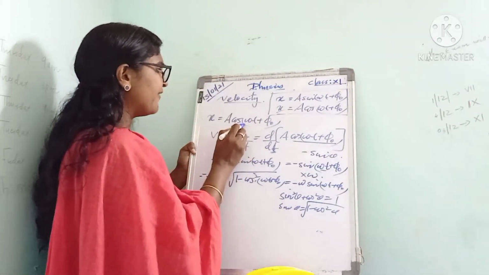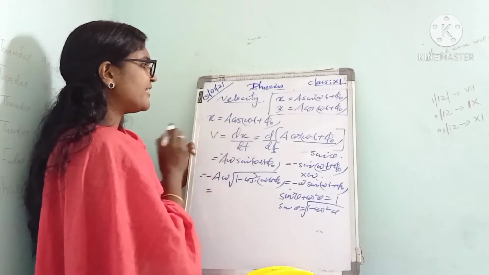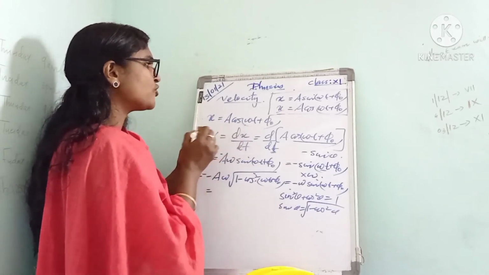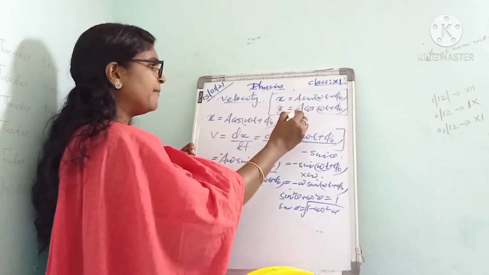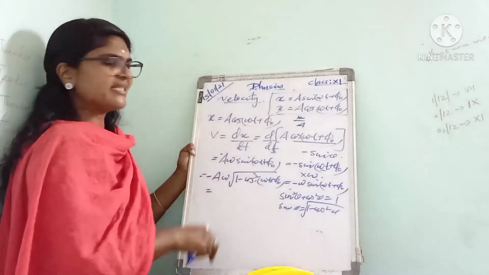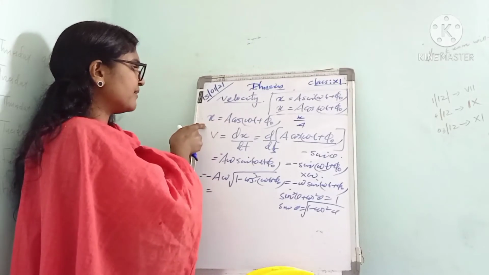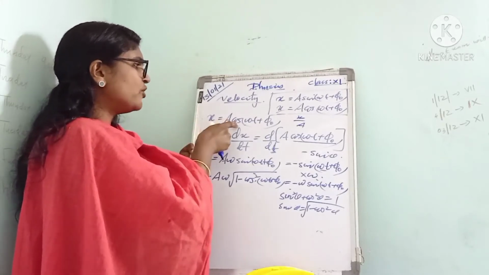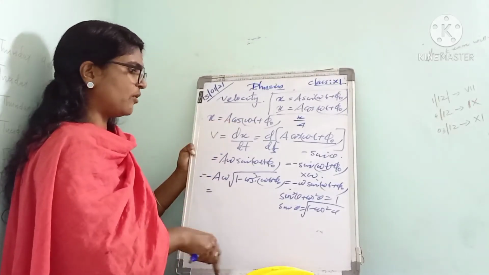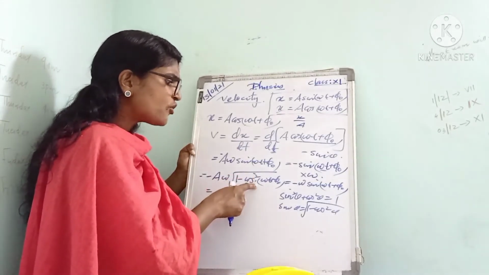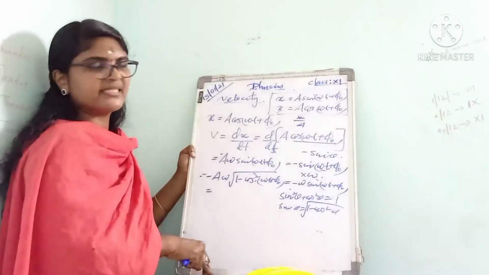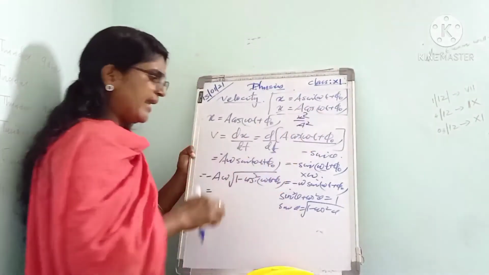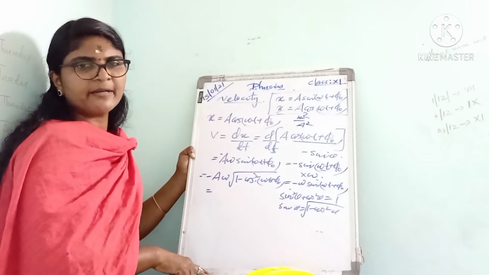But from this equation, what is cos ωt? We know x equal to a cos(ωt + φ0). From this cos(ωt + φ0) can be written as what? x by a. Listen to it. This a comes here. So x by a equal to cos(ωt + φ0). But here we have cos²(ωt + φ0). That is x² by a². That is what? x² by a².